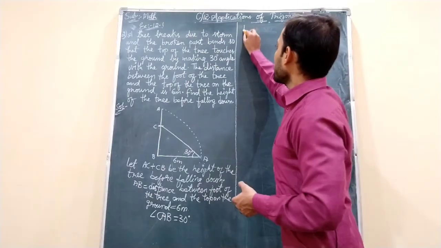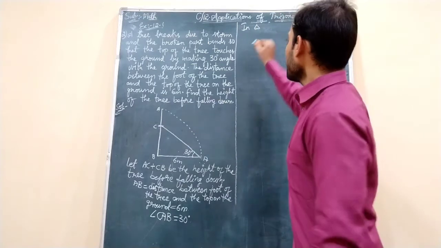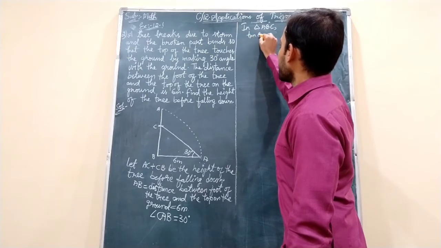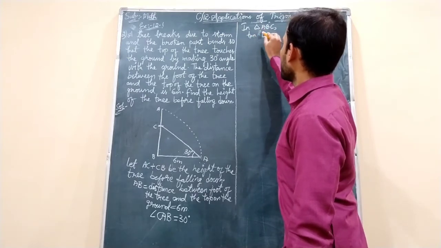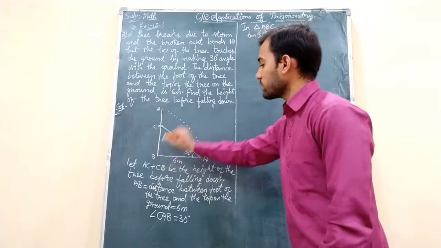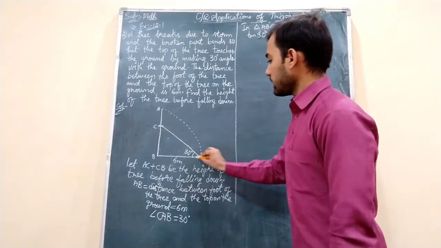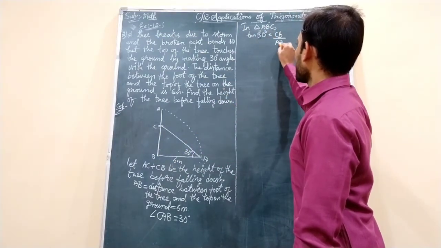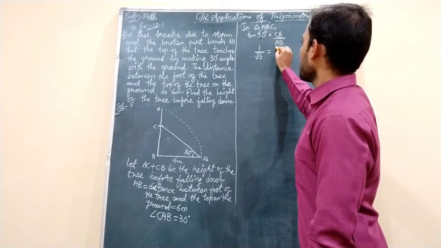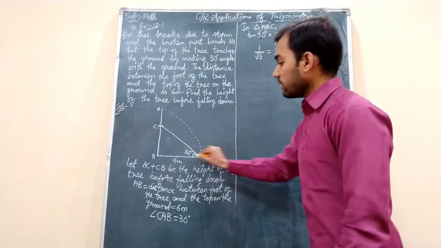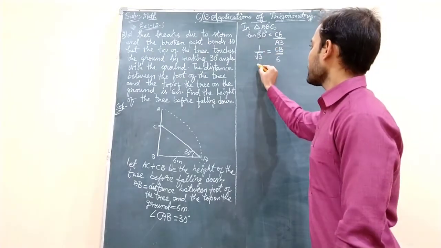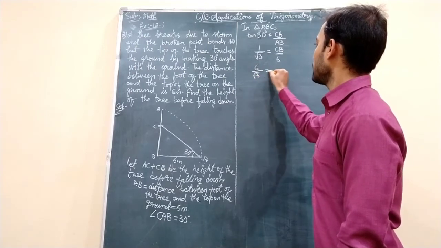Okay. So I will take the triangle ABC. First I will take the tan ratio. Tan 30 degrees equals opposite by adjacent. This is opposite CB and this is adjacent AB. Tan 30 value is 1 by root 3, students. And CB we don't know, we will keep this as it is. AB we know, which is 6. Understand? So now I will multiply this 6 over here. 6 ones are 6 by root 3 is equal to CB.